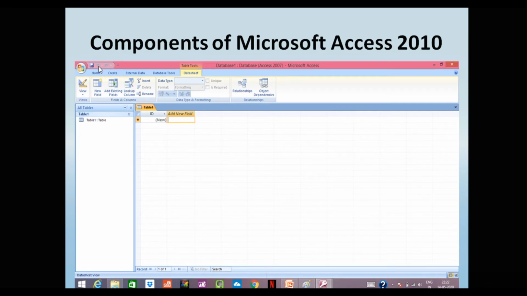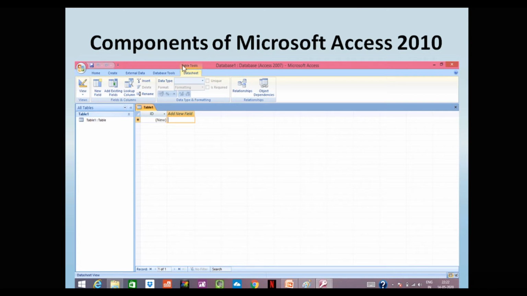We can go for a back option, so that what we have done we can undo it, or if we don't want to do it, then we can go for some different option. Here the file option is there, or we can say the Microsoft Office option is there. In this we can create a new database, we can save it, we can exit, we can open. All the options are present here. This is a similar option as we used to have in Excel, PowerPoint or Word.